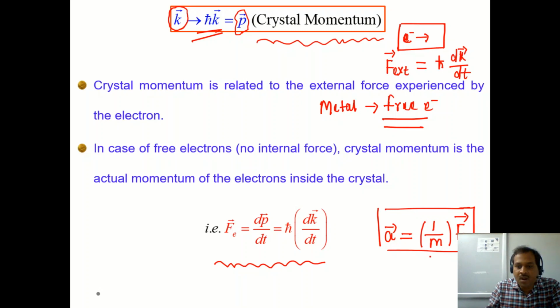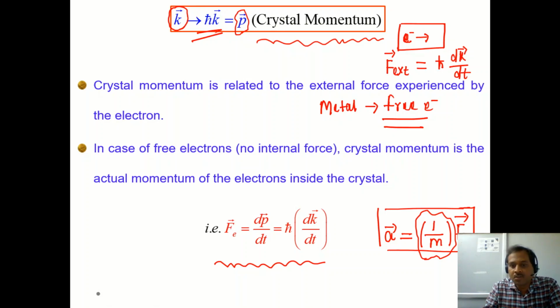By doing that, we will get some information about the effective mass of the electron, which is related with the E-K diagram. Now the slope of the E-K diagram is related with the velocity of the electron. Now let us try to find out how the effective mass of the electron can be related with the E-K